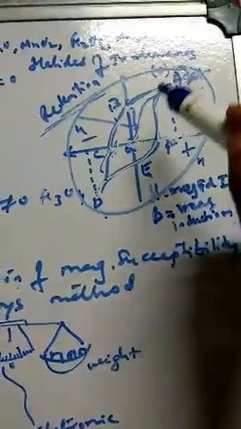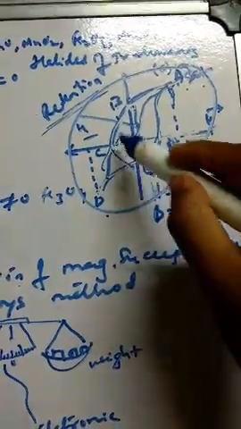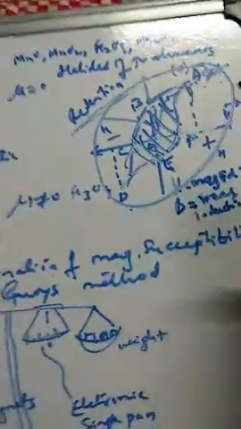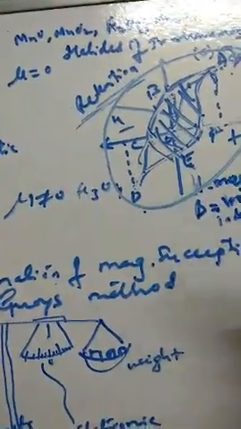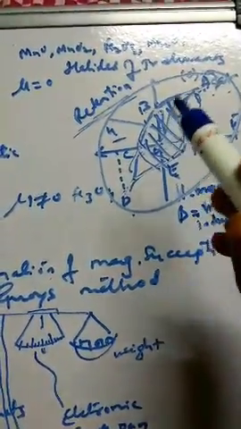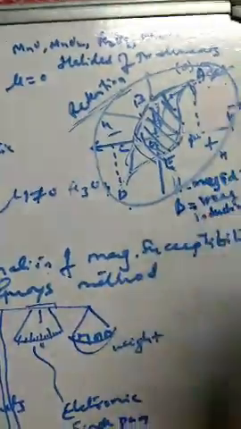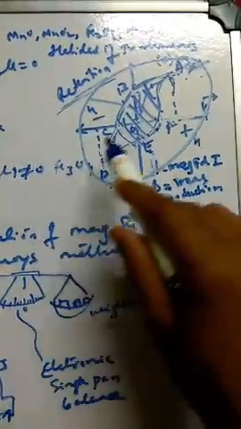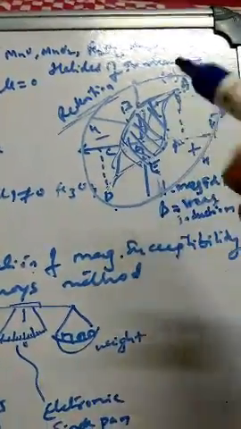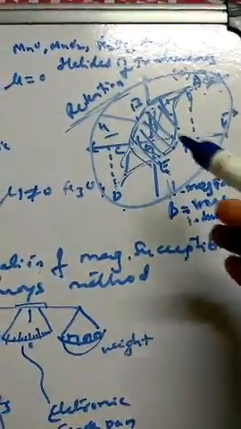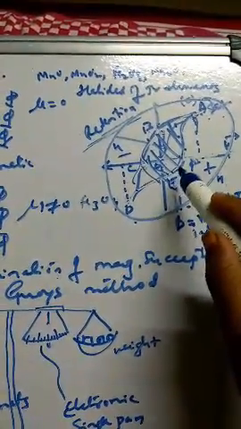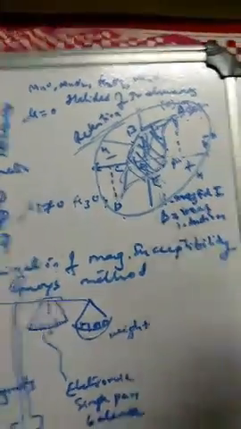The area is covered like this, and depending on the area, the more area there is, the less will be the induced magnetic effect. This is how they calculate and come to a conclusion with the help of this. That's why this process we call magnetic hysteresis. This is not so important, but you should know this small bit of knowledge. It is shown only by ferromagnetic substances, the hysteresis.